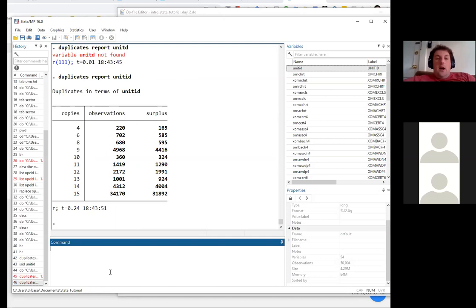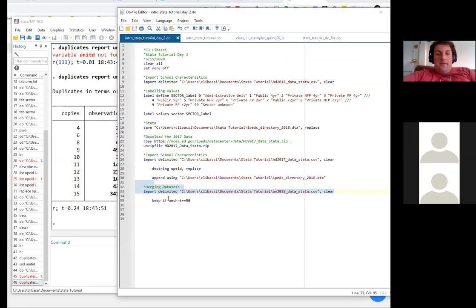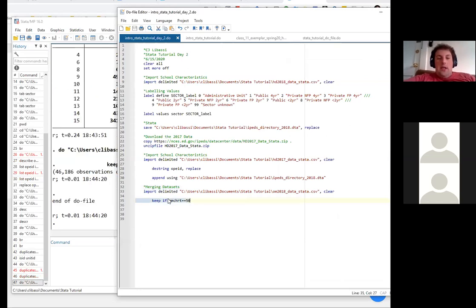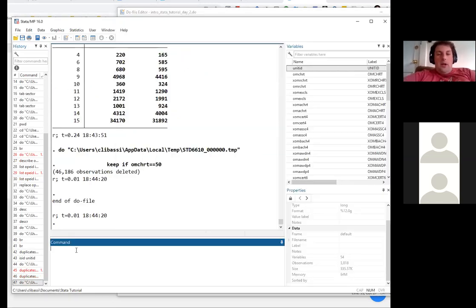What we see is that 220 observations have their unit ID appear 4 times. 702 observations have their unit ID appear 6 times, right? And there's a bunch of different instances where there's multiple copies of the same piece of data, and so that makes life a little bit more challenging sometimes. But for now, we're going to make life a little bit simpler, and we're just going to keep just